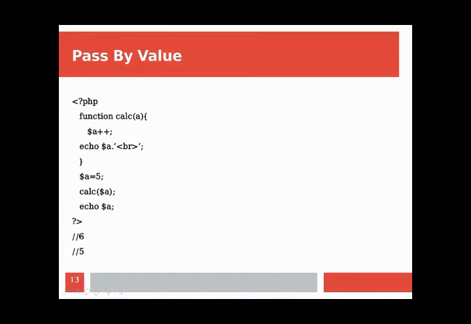When we call that function, the $a plus plus is there, and the value of $a is 5. In calling, we get the statement $a plus plus, so a is incremented, and when we call the function cal we get the value 6, because 5 plus 1 is 6. And in echo $a, our original value of $a is 5, so only that value will be displayed and we get the output 5.